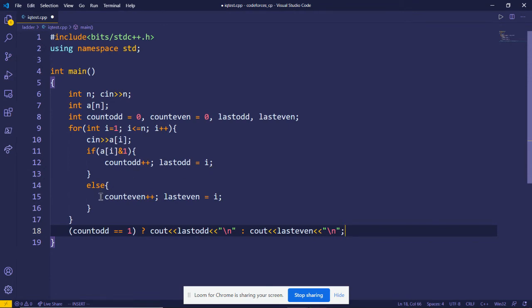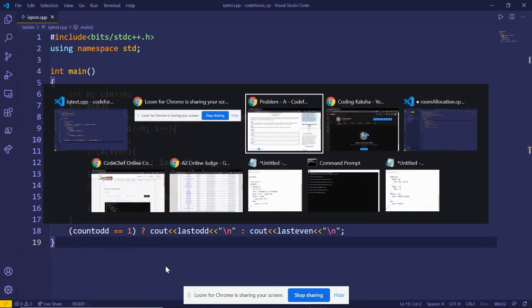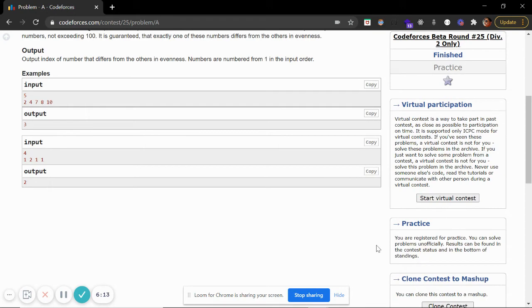And if it's not the case, the number is even, then we'll obviously increase the even count, and last even will contain the index. And then we just checked if count odd is 1, then we'll print last odd. If count odd is not 1, then it's very obvious that count even would be 1, so we are just printing last even. Okay, so now let's try submitting it on Codeforces